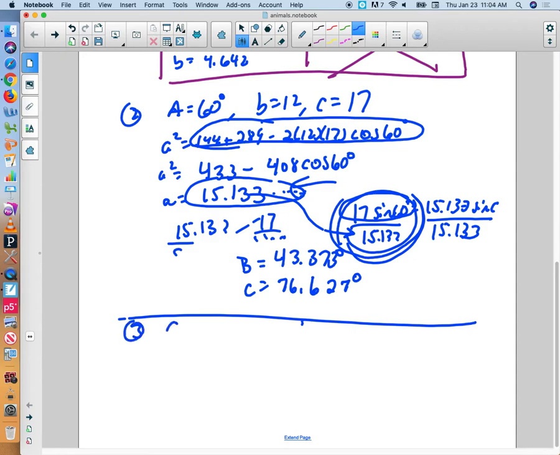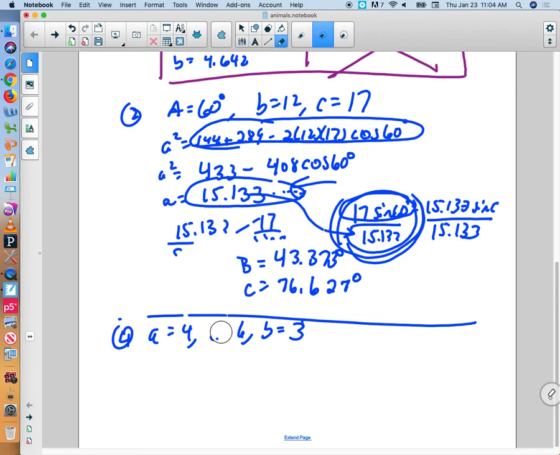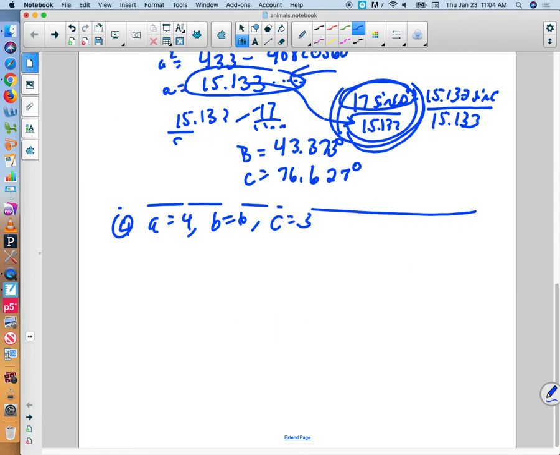A equals 36 degrees and that's 11. Okay. I want one where I gave you all 3 sides. Oh, 4. A equals 4, B equals 6, and C equals 3. Yeah. All right, so